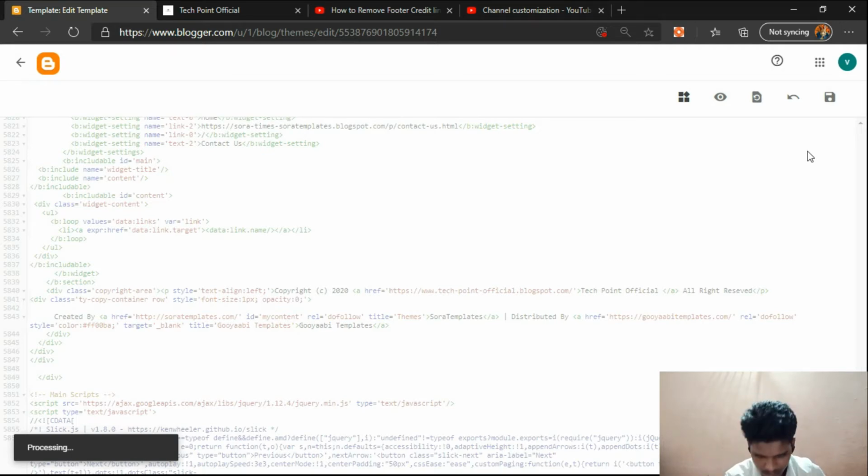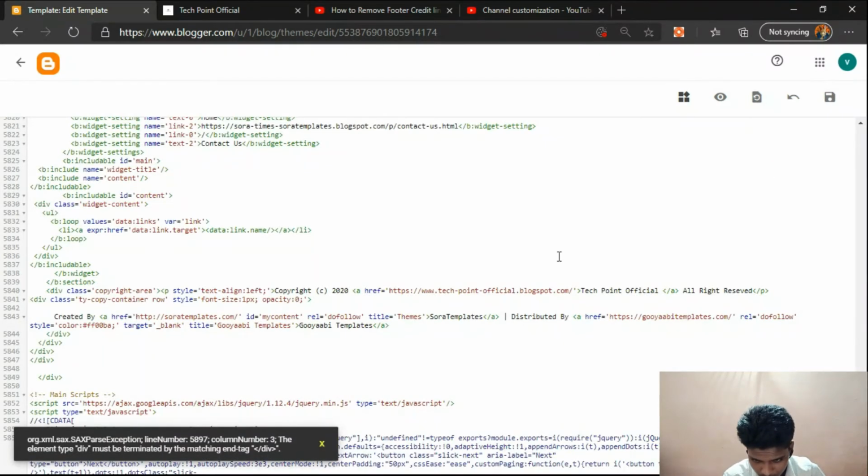After that, you can see this closing div is not matching over here. For that, you have to copy this div and paste it over here and here. You must not get that red one. Please maintain that.